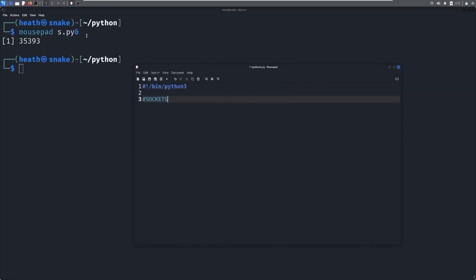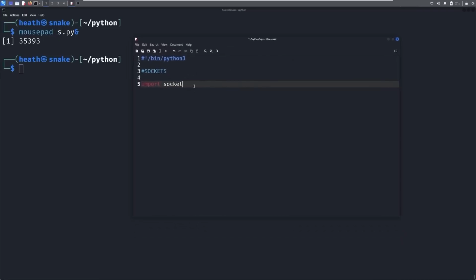If for some reason you named this socket.py, this will break Python because we are going to import socket. So make sure that you rename this if you named it socket.py. It's very easy to do that, but that will break the socket.py, which is what we're importing here. So with this, we're going to set a couple of variables. We're going to say host is equal to